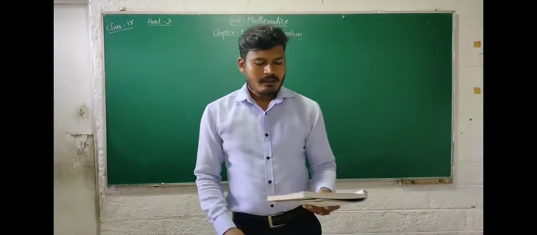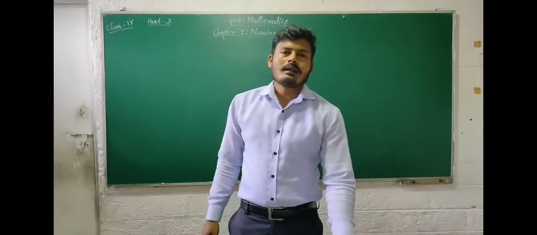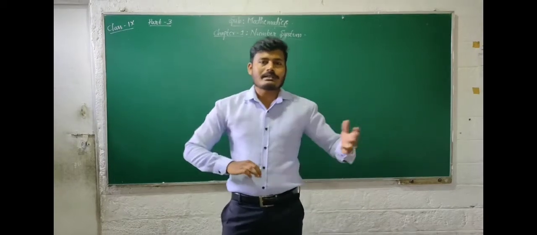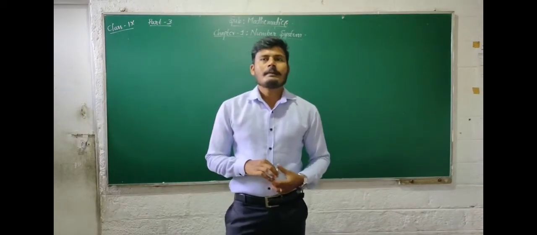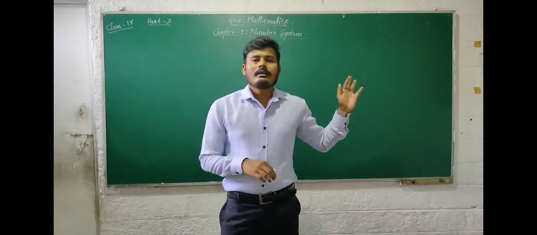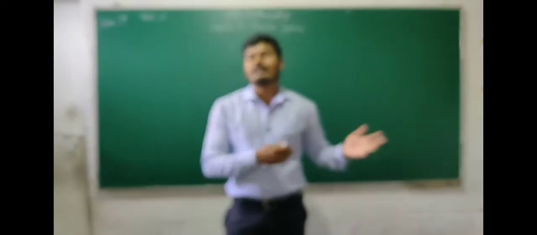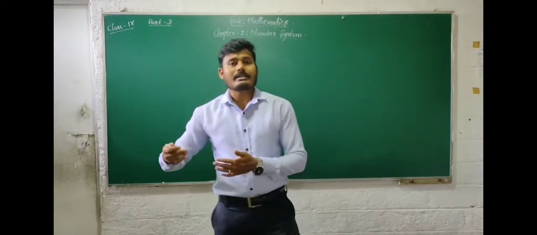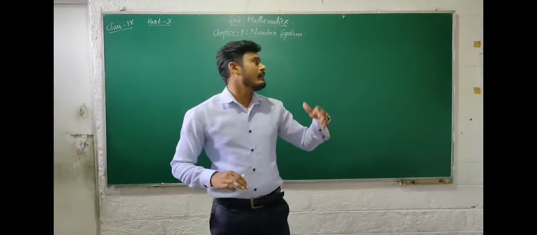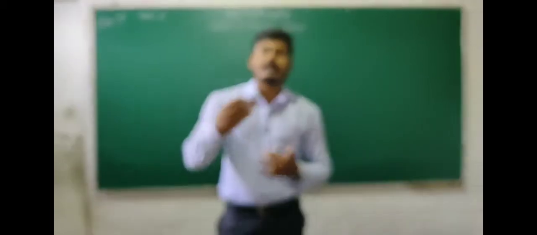Hi students, in the last class we already discussed some varieties of numbers in our number system, like rational and irrational, and then we already solved some problems related to rational numbers. Those problems were to write down some rational numbers in between any two rational numbers. So these are the problems we already solved in the previous class. So once again I would like to